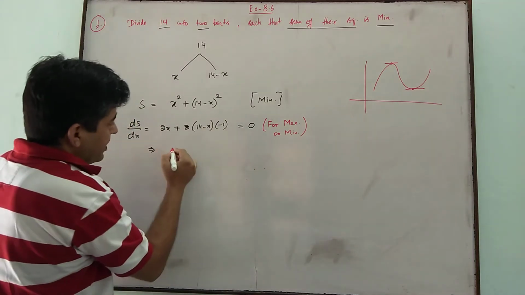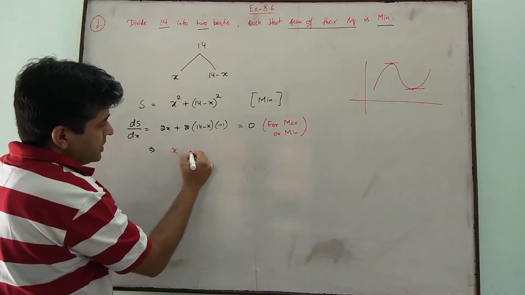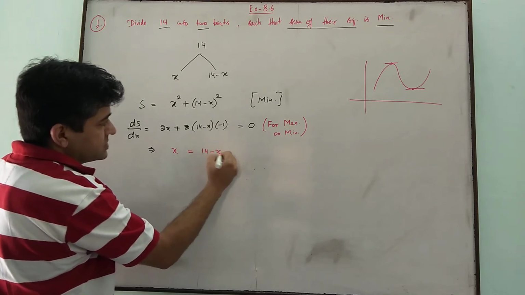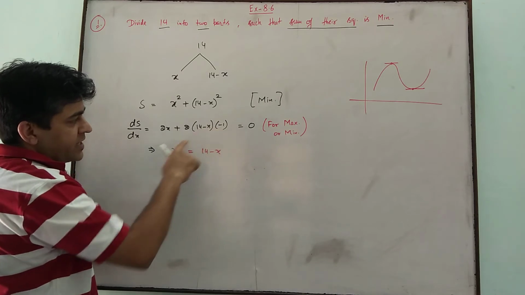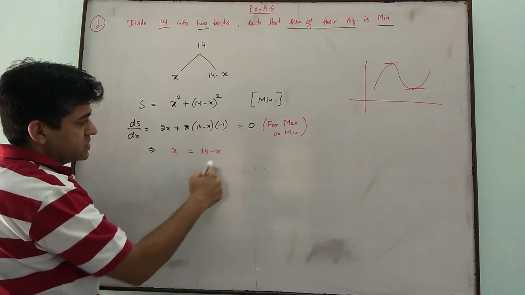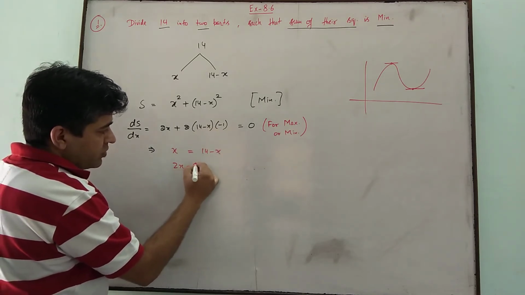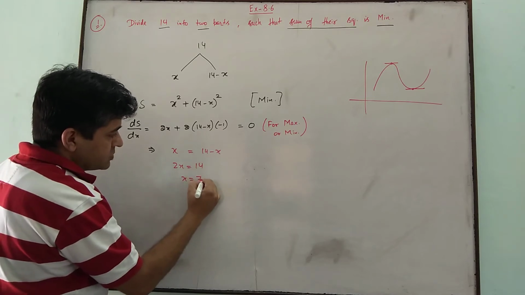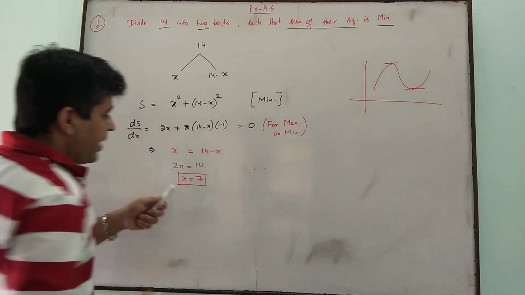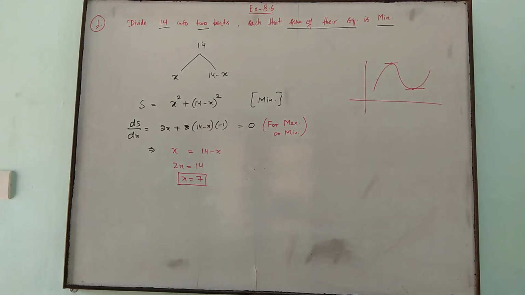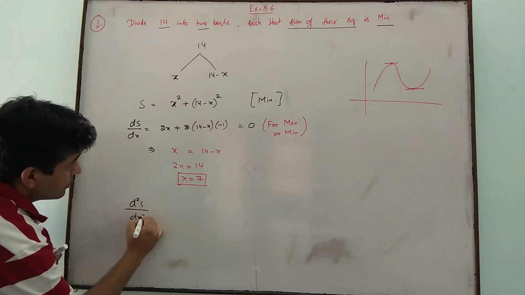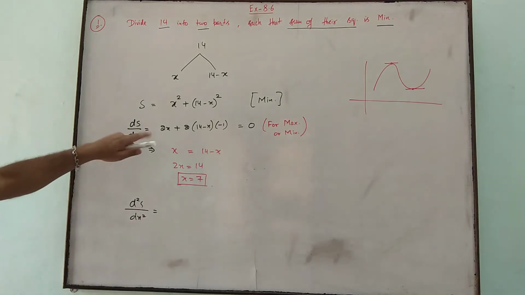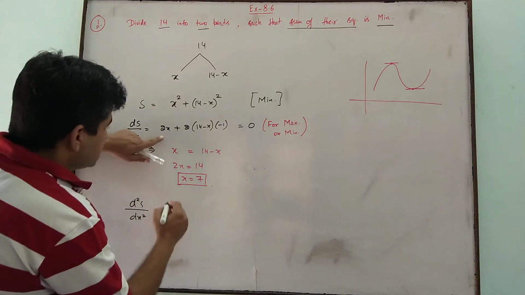We got x is equal to 14 minus x. 2 and 2 cancel out. So we got 2x is equal to 14 and x is equal to 7. Now at this particular point, find the double derivative. The double derivative for this is 2